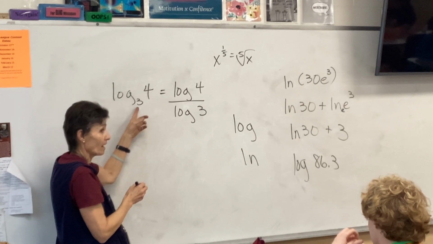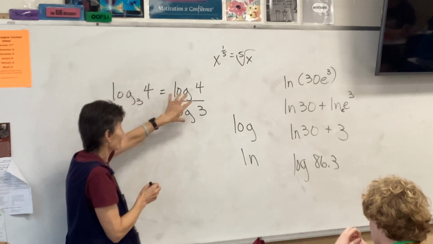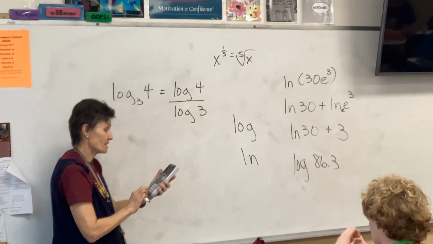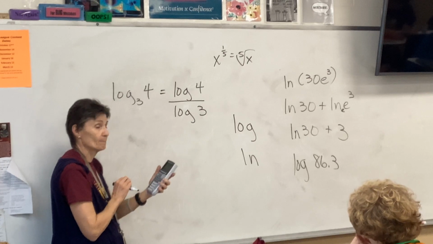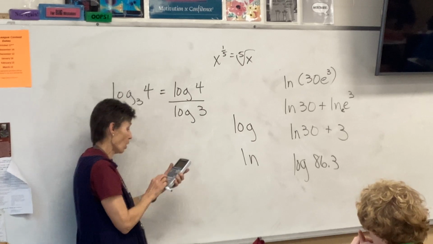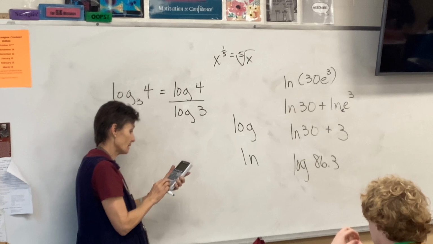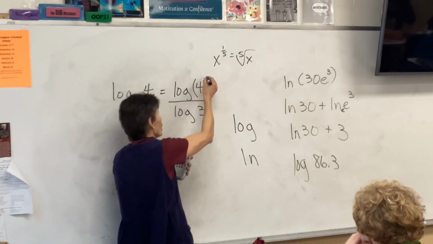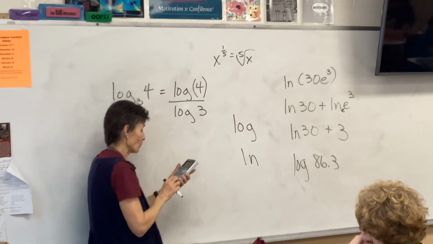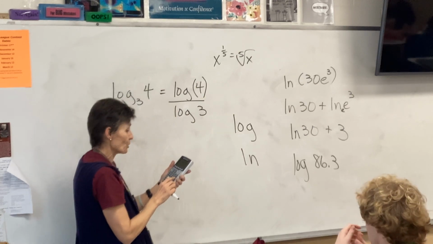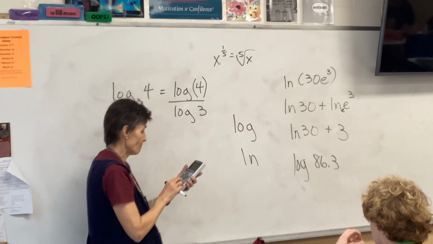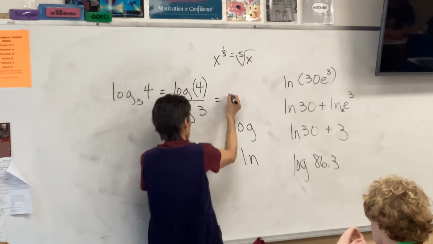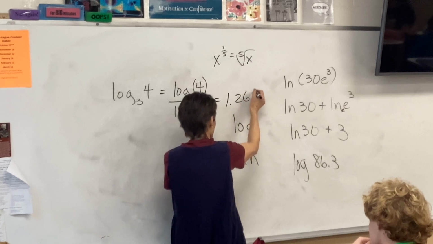So instead of base 3, I changed it into base 10. Now, caution, especially on the old calculators: when you do log 4, it doesn't automatically put a parenthesis there. You have to remember to close it before you do divided by log 3. You should have gotten 1.2619